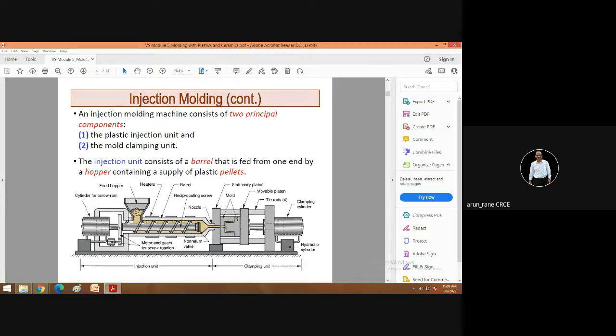Generally the cavity is on the fixed half and the core is on the moving half. So the component goes with the moving half, with the core, to the right side. And then after a suitable gap, this component is ejected from this side, so that the component falls down. This is the process of injection molding.